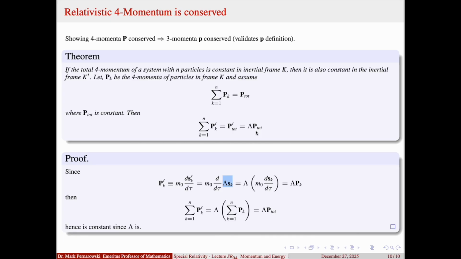And furthermore, if I use that 4 momenta definition, then 4 momenta, if it's conserved in one frame, it's conserved in the other frame. And because the 4 momenta is conserved, the 3 momenta must be as well. That ends this